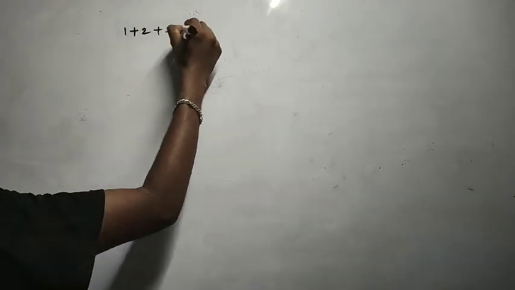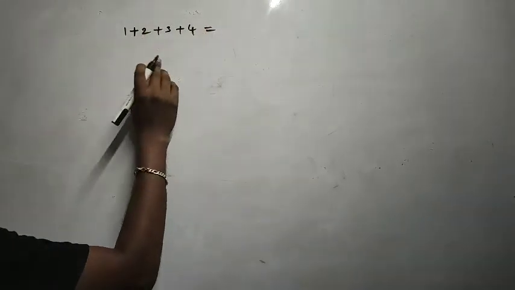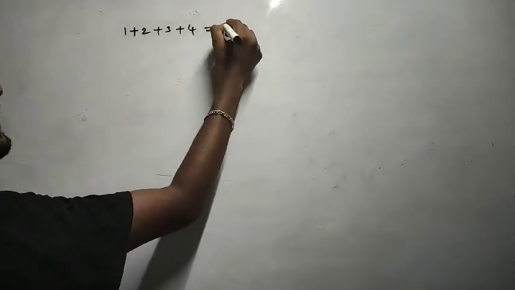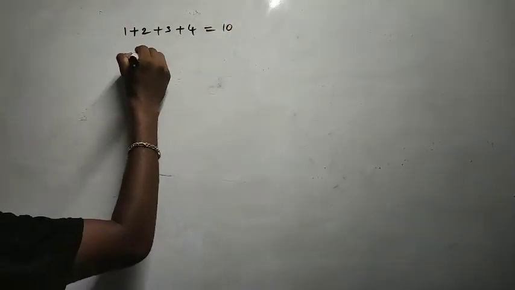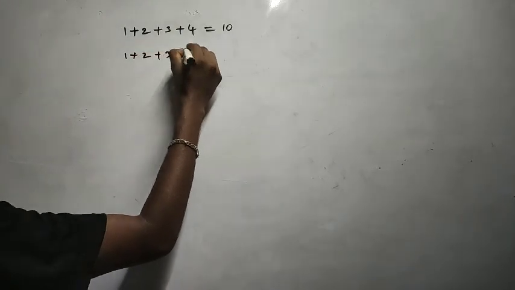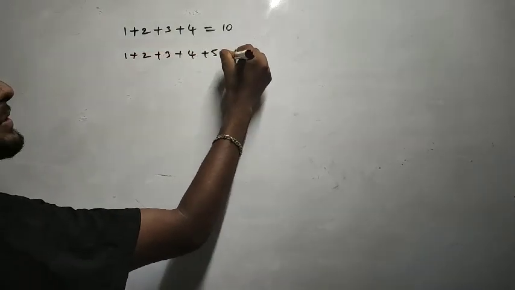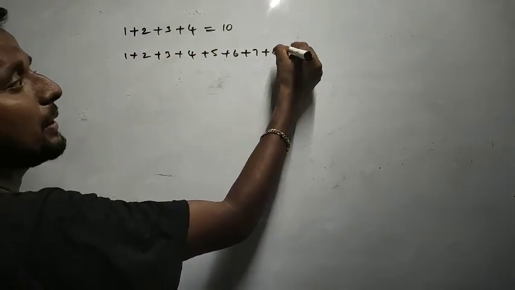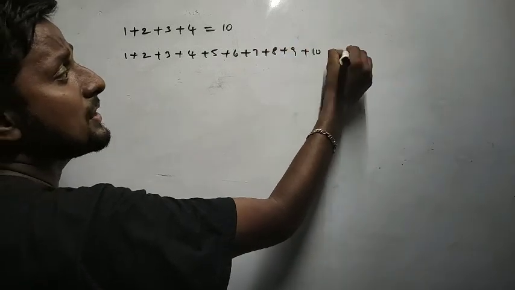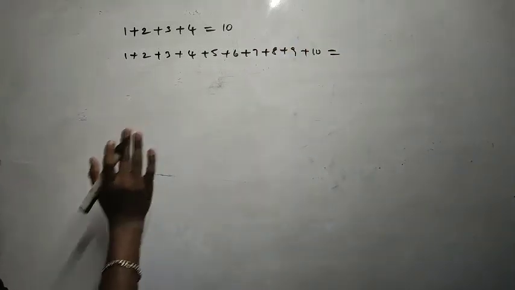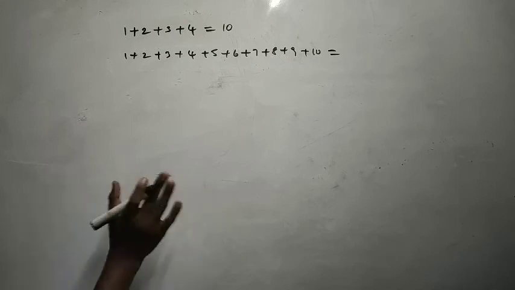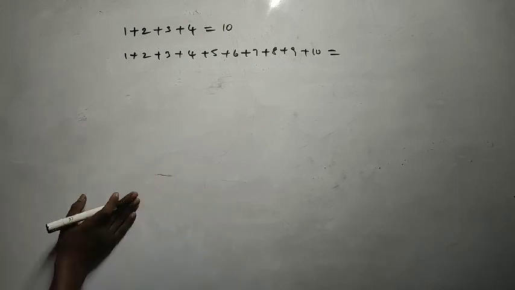Yeah. Now look at beta. So 1 plus 2 plus 3 plus 4. Then the sum of these numbers: 3, 6, 10. Okay, I have given 10. So 1 plus 2 plus 3 plus 4 plus 5 plus 6 plus 7 plus 8 plus 9 plus 10. If I ask you to find this sum, it is a little bit hard and a little bit easy to do.